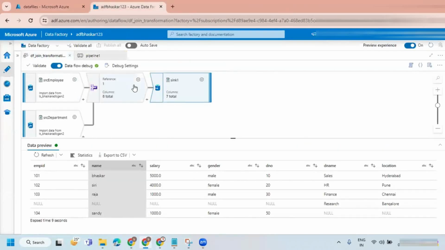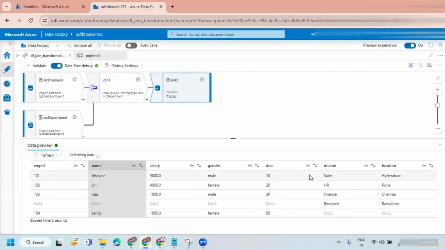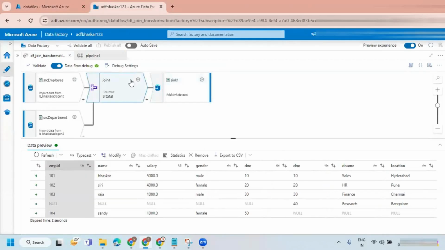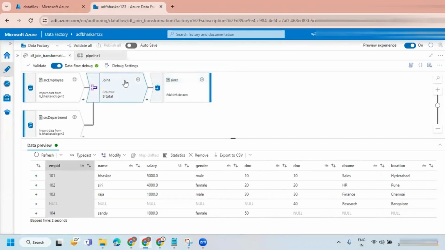in the data flow. I have 2 columns here. Okay, I'll do one thing.